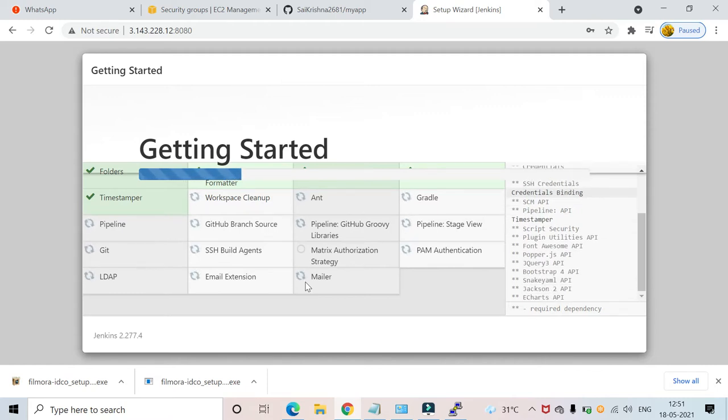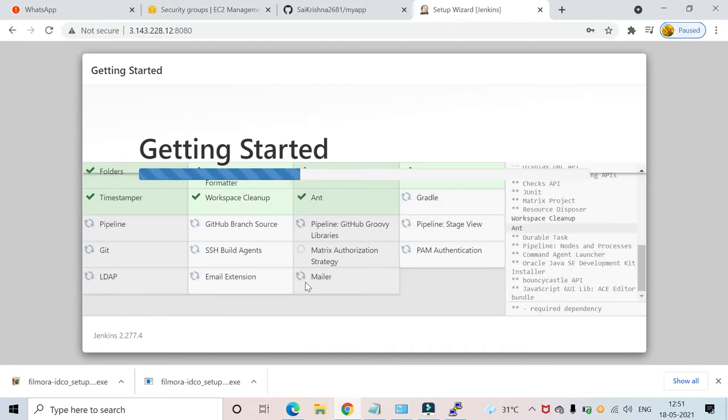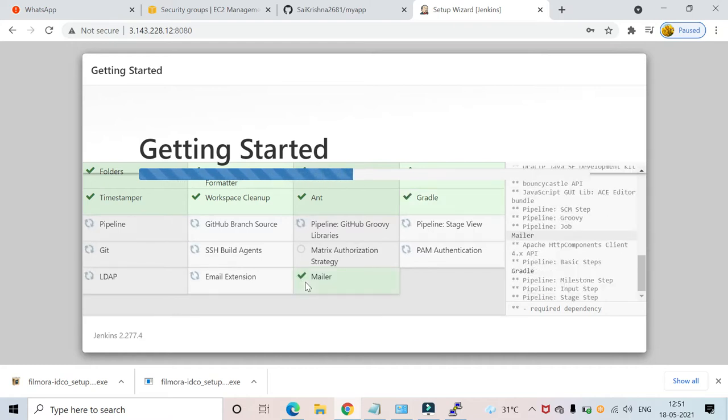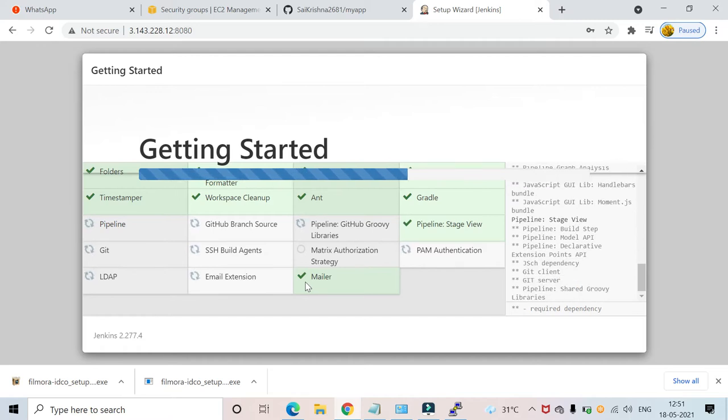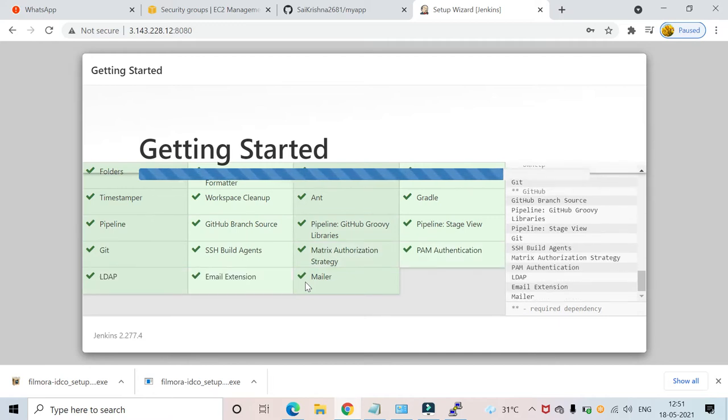The suggested plugins are getting installed. There are thousands of plugins available. So if we want to extend Jenkins with any other tool or any cloud provider, we will install Jenkins plugins from manage plugins in Jenkins. I'll show that.